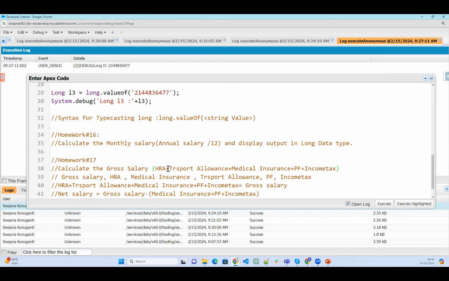When you get an offer letter, the first thing you need to check is your gross salary, which is HRA, transport allowance, medical insurance, and income tax. Calculate the gross salary and display it in long data type.